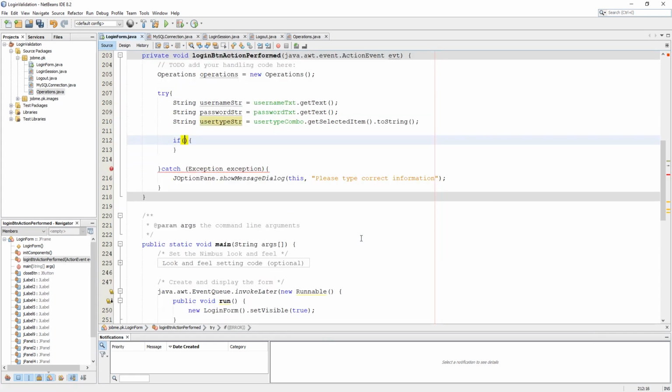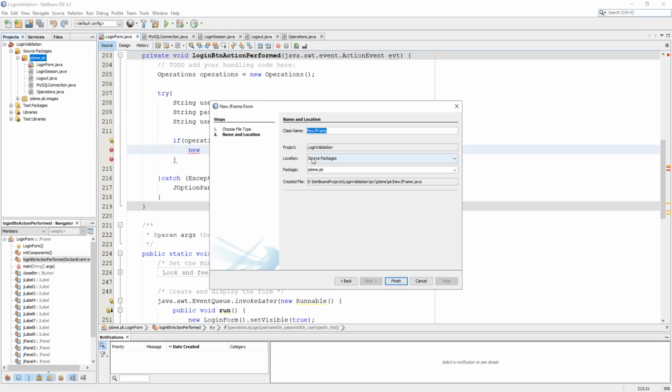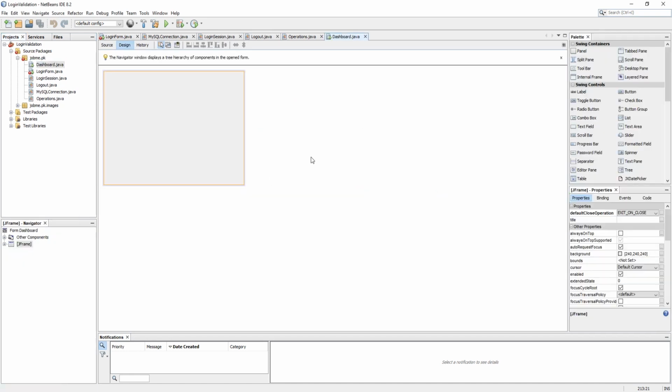An if condition checks is login from operations, and we parse the string data into this is login method. Now here we need to redirect to a dashboard form after is login. So let's create the dashboard form and design it.